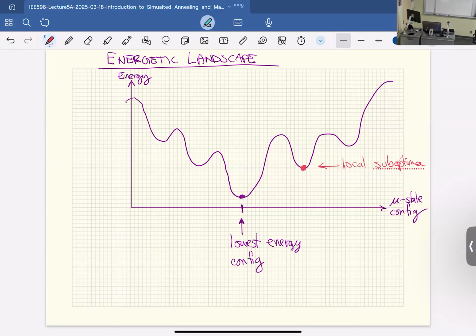And so from here, there is this barrier that it has to get over in order to find the next well. So I can call this delta E. And so if it has enough energy, it will have the ability to get up over that hill and down to this hill. But the amount of energy that it has to actually move around is described by temperature. And so that will be its average energy is equal to kT.